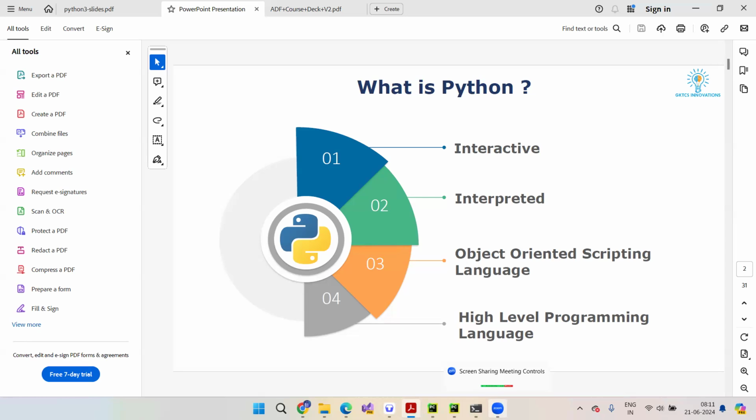Suppose you want to build a calculator. The calculator works on addition, subtraction, multiplication and division, and there are many other operations available. So you will only be writing the logic based on those calculations and operations, correct?